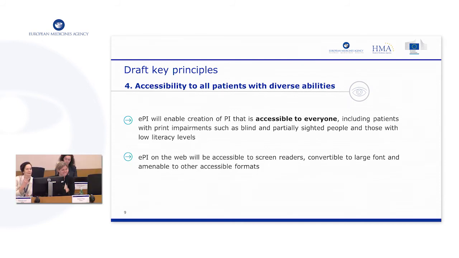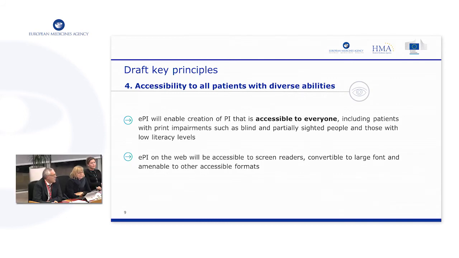Yes, please. So it's me again, Gesine. While the accessibility for people with visual impairments is technology, there's one point here. Those with low literacy levels means then we would need other contents. I don't know if this is intended here, because we were speaking about the approved labels in the beginning, and here we speak about low literacy levels, which would mean easy language, which is another content then.